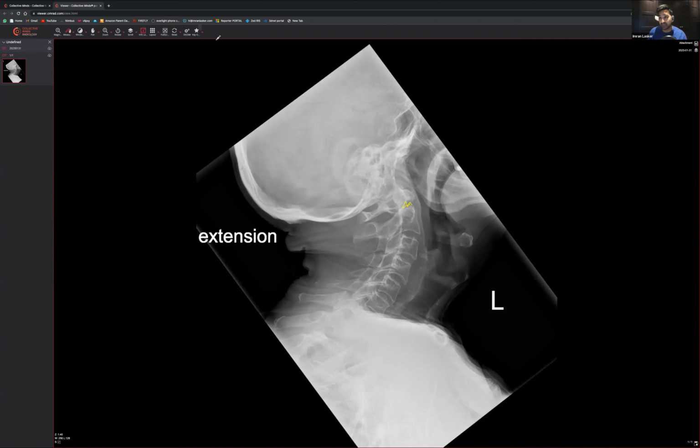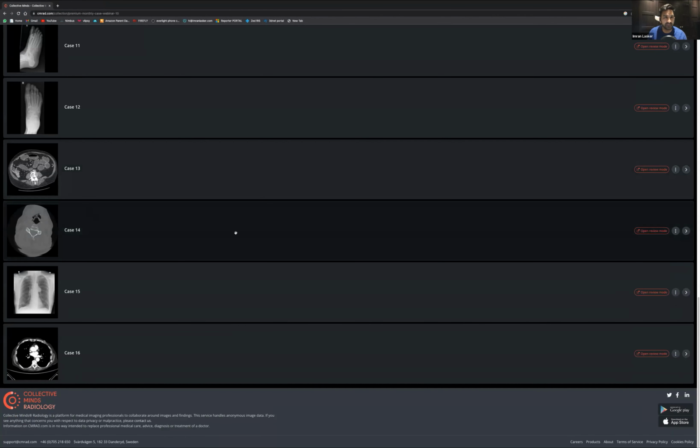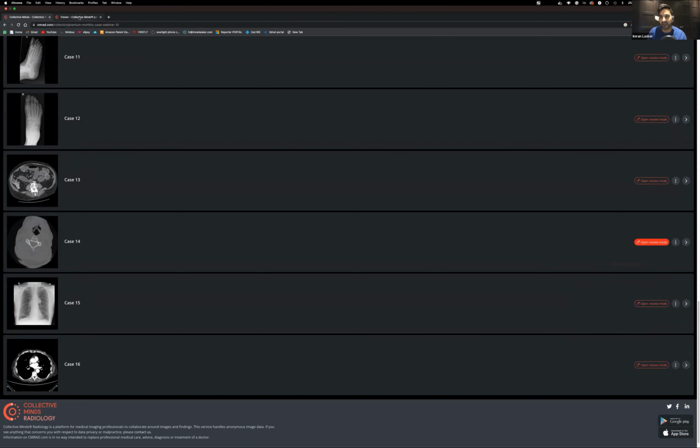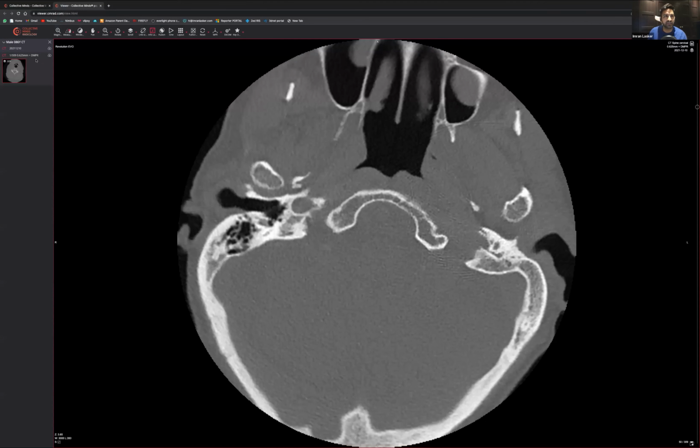So yeah, that's exactly what it was. It was a C2 fracture. And I think, for completion's sake, I might have, yes, I do. If we go to case number 14, this is the subsequent CT scan that happened off the back of that. Again, what I'd encourage you to do, if possible, is to download the cases. It shouldn't take too long, as you can see. And just like I was saying earlier, the really good thing about this platform, and why I use it so often for my course, is that you get a full DICOM experience.